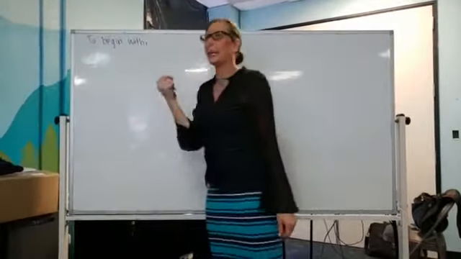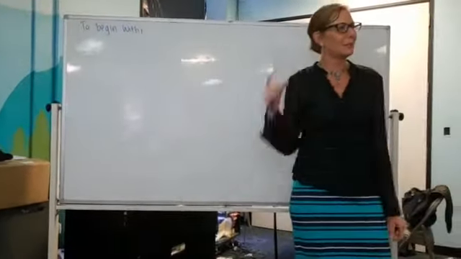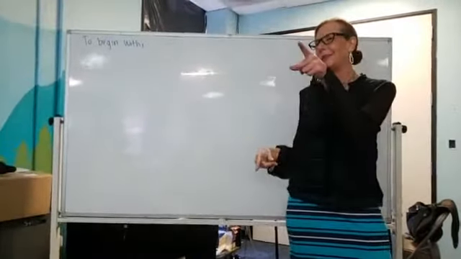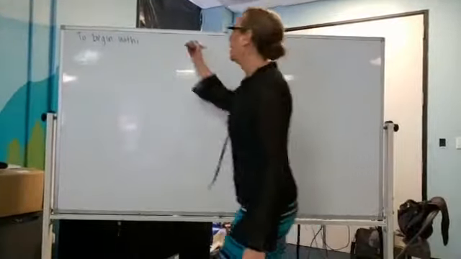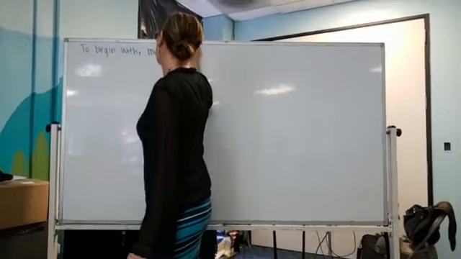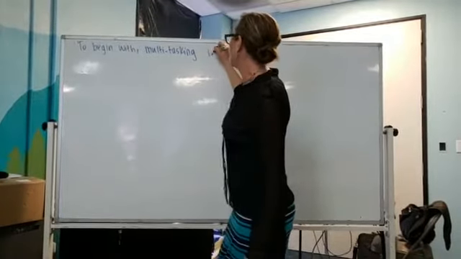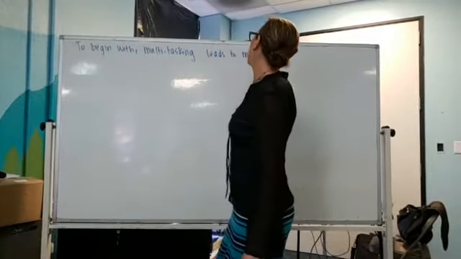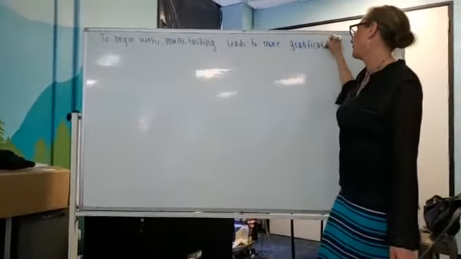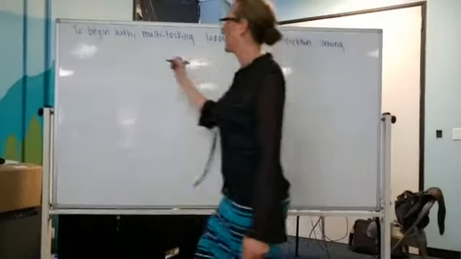Now we're going to restate our choice, but we don't want to be repetitive, right? So what word did you tell me? Who said earlier, Mohamed, how can I say doing many jobs? Multitasking. Excellent. To begin with, multitasking, right? Doing many different jobs. Multitasking leads to more gratification, right? Satisfaction. Gratification among employees